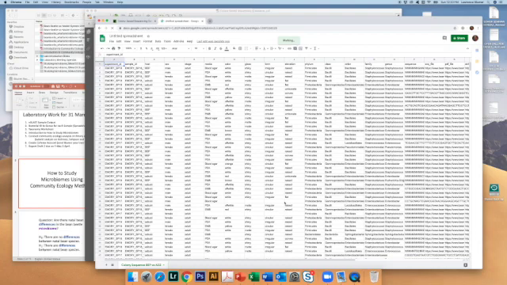There we go. So now we've got all of the data here. And what I suggest you do here is, well, several things. One is you could rename this spreadsheet. Right now it's untitled. I would call this spreadsheet colony